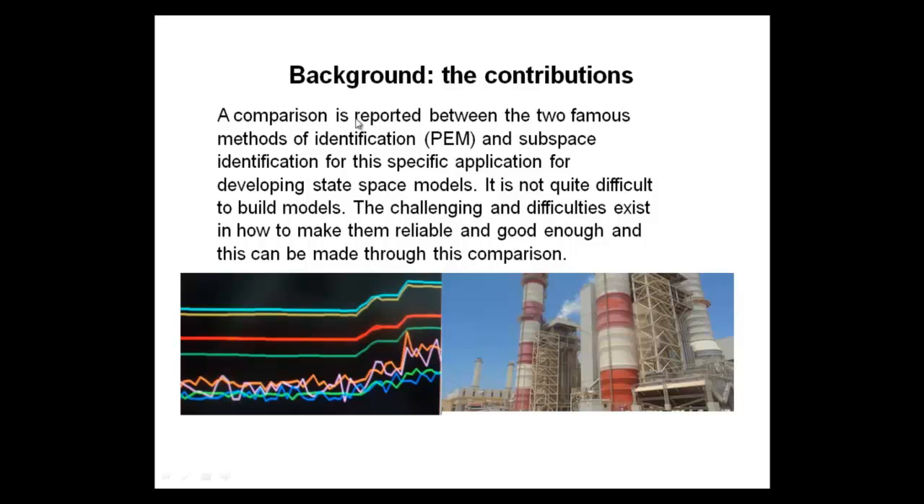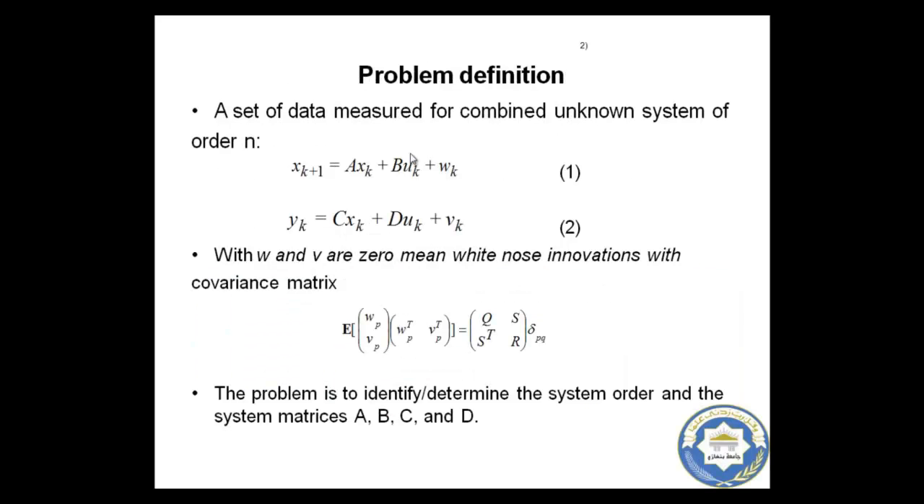Furthermore, a comparison is reported between the two famous methods of identification, prediction error method and subspace identification, for this specific application of developing state space models. It's not quite difficult to build models. The challenge and difficulty exist in how to make them reliable and good enough, and this can be done through this comparison. As a problem definition, we have to design this model from certain operating data